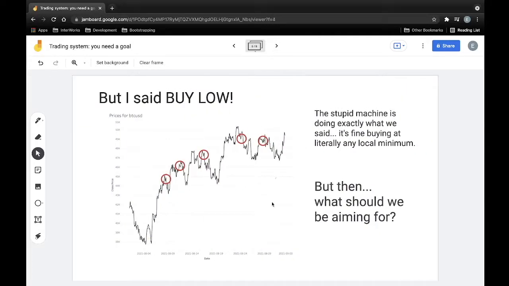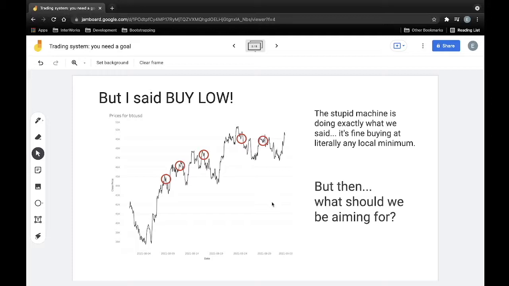What I found is that my really unsmart system was buying at any local minimum. It doesn't matter where it is. The bot wasn't smart enough to put things into context and say, yeah, this is a local minimum, but it's not following a certain pattern of local minimum that is really optimal to buy at. And this is what I'm currently in the process of solving,